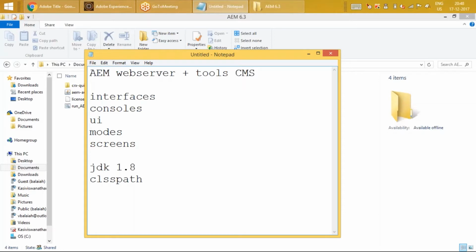Your class path should have the entry of your JDK. That's all the requirement needed for an AEM installation, not a lot of gimmick. We just need a JDK installed, and then I just double click on it.